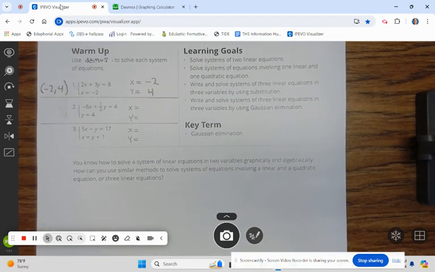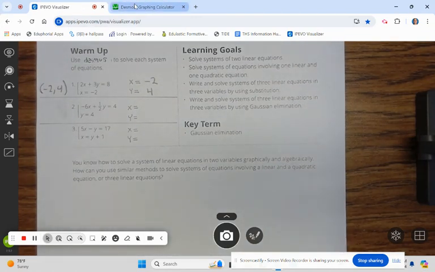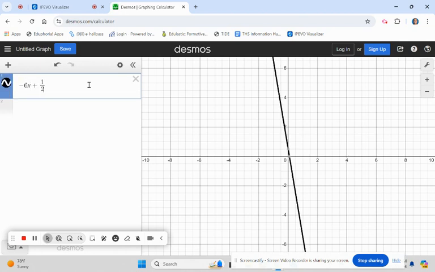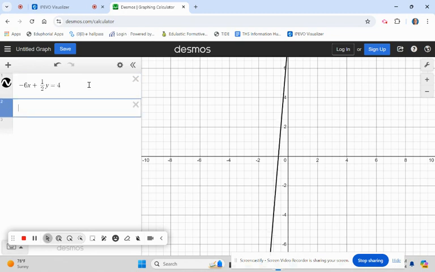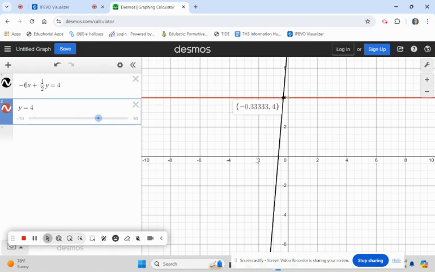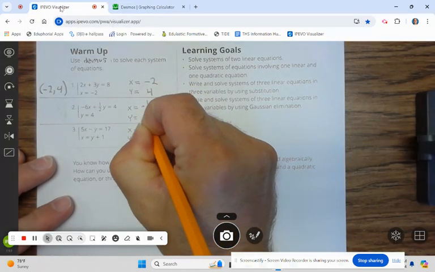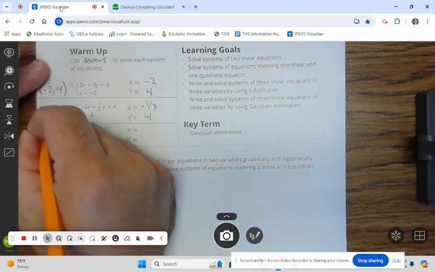Alright, let's take a look at number 2. Alright, so I'm going to X out of those and take a look at, and then again I'm going to click on the point of intersection, and -0.333 is -1/3 as a fraction, so x equals -1/3 and y equals 4, which can be written as